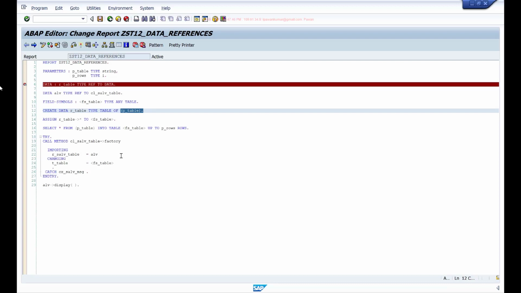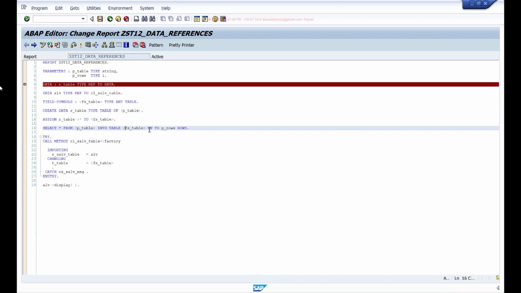in the output. Now if you want to access the fields of this table dynamically, because statically we don't know which type of table, so I cannot say FS table hyphen MATNR is this or SPRAS is this, right? We don't know all that.